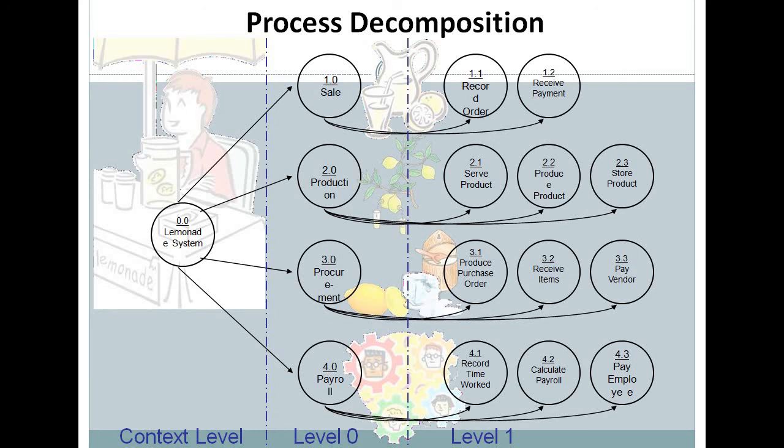I have explained two examples. First was the bank management system, which was related to their bank, where employees receive, withdraw, and how the bank manages the employees' details. And the second is the Lemaitre system, where we have designed on context level, level 0 and level 1, and at the end how I combine all the processes, which is in front of your screen. So I think, students, you have understood how to design a DFD diagram.